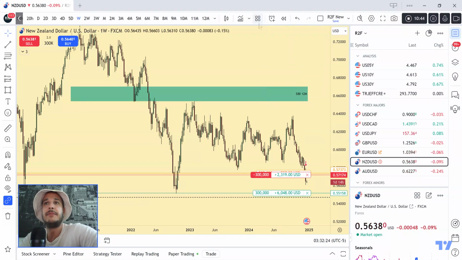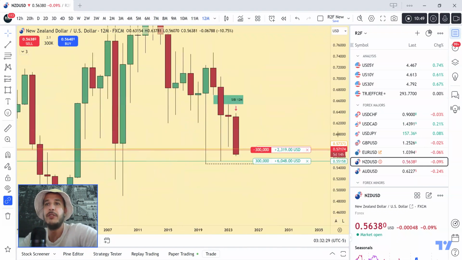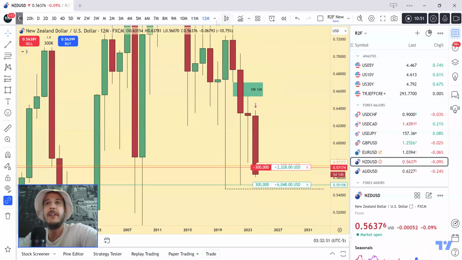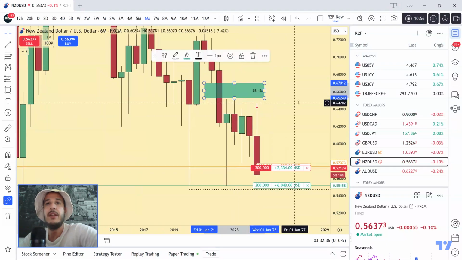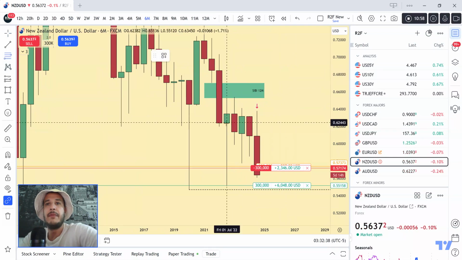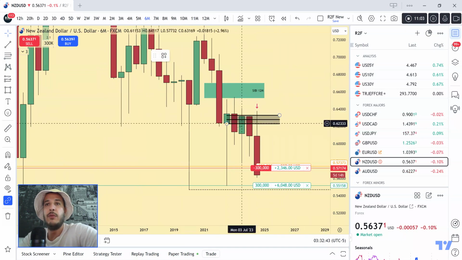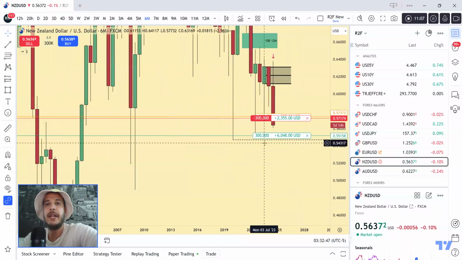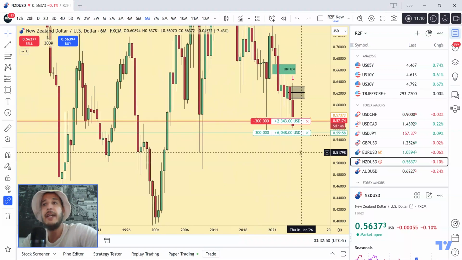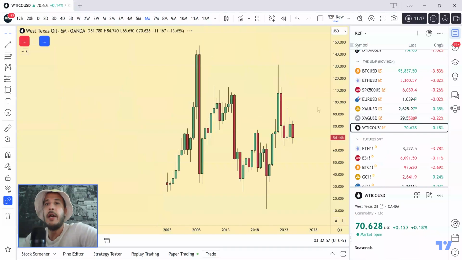Now on the weekly, okay, if I go to the 12-month, where does price want to go? We had 12 months to be there, did not reach that. Let's go to lower time frames. On the 6-month, you can see we did. Then we created this bearish order block over here. One more time over here. And now we're pushing down. Okay, New Zealand dollar down, dollar CAD up. Nice liquidity being built up on